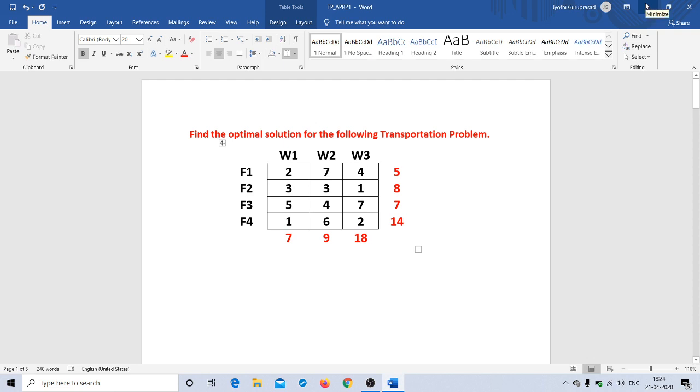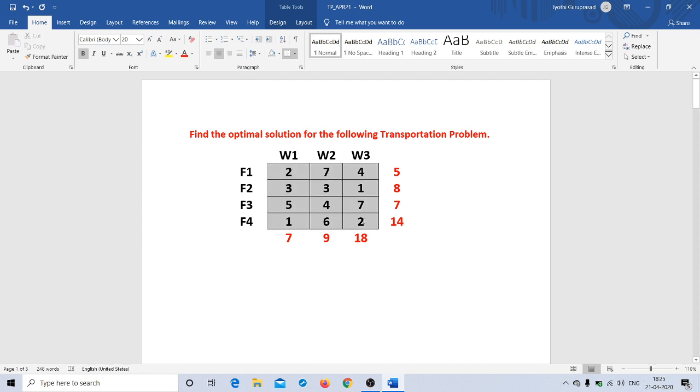Let us now look into one more problem related to transportation. The problem is there in front of you on the screen. It says, find the optimal solution for the following transportation problem. You have 4 factories and you have 3 warehouses given, and the cost of transporting the goods from factories